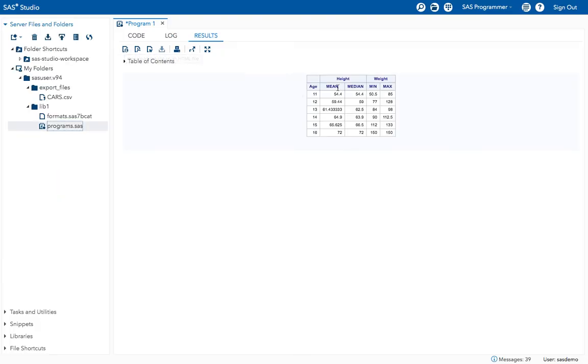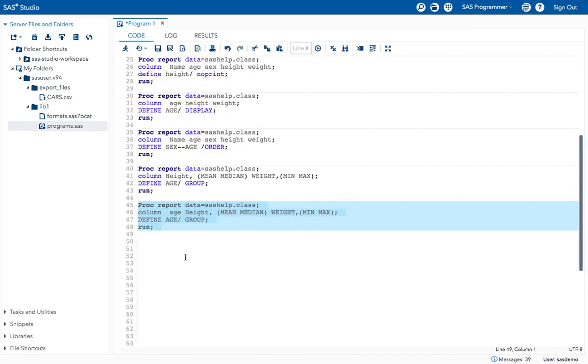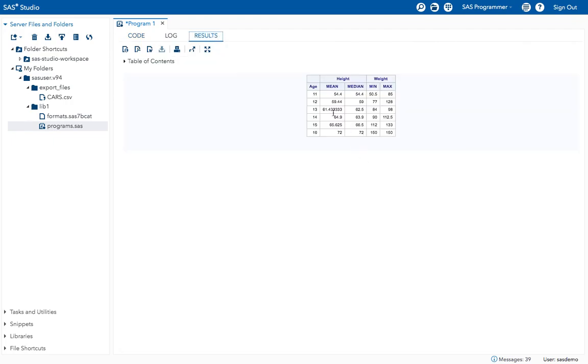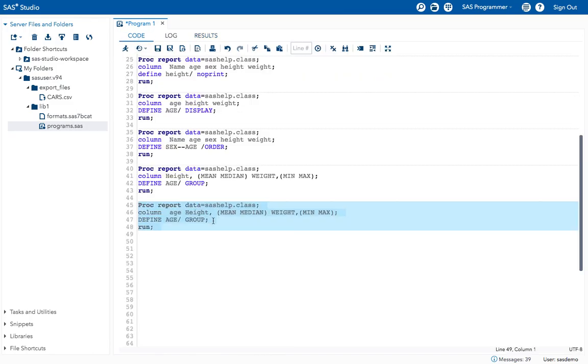Now I got the mean, median, minimum and maximum values based on the age. Like this we can do the grouping. So these values are basically the students who belong to 11 age, their mean value is 54.4 and their height median is 54.4. That's how it will perform the grouping.